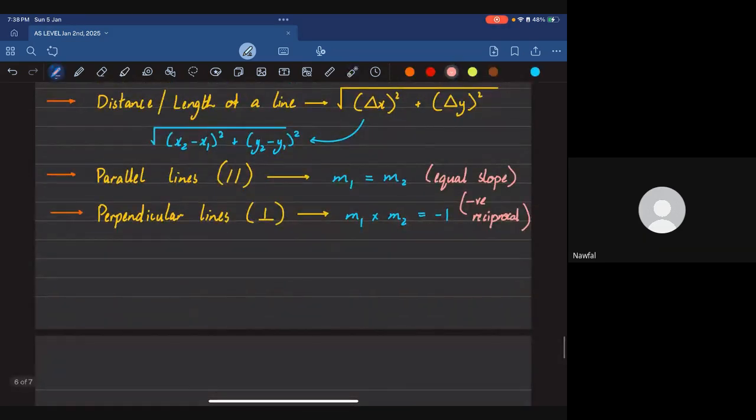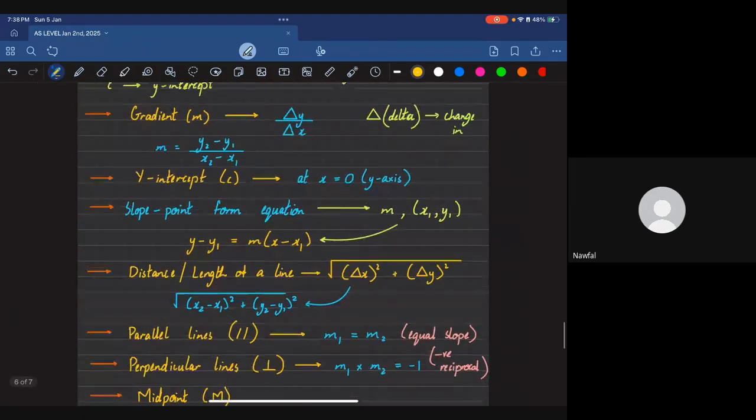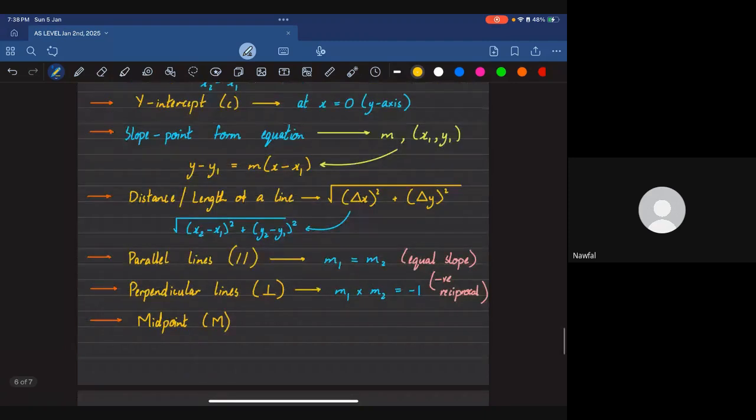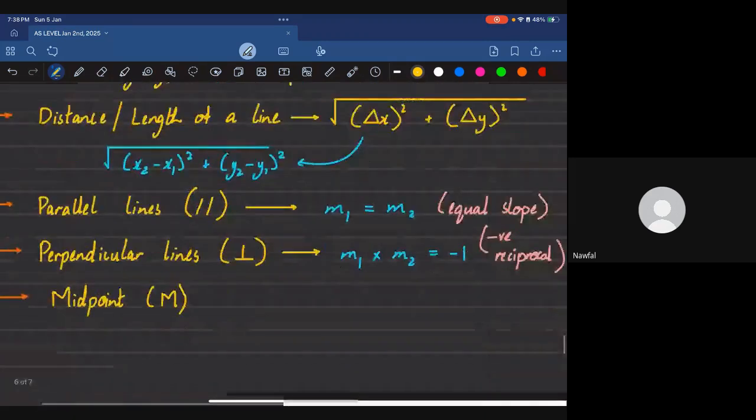So the midpoint of a linear equation is calculated using... first of all, a midpoint is usually labeled with a capital M. Kindly make sure that you do not confuse midpoint with gradient. Gradient is lowercase m, midpoint is capital M. Clear, guys? Knowing all of this, we can move forward